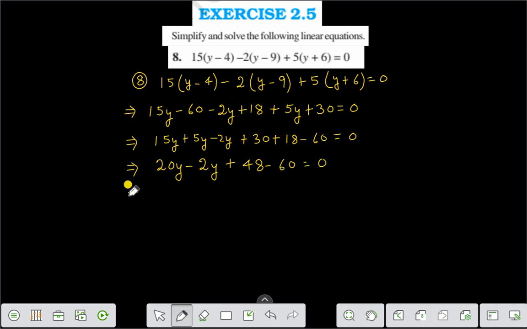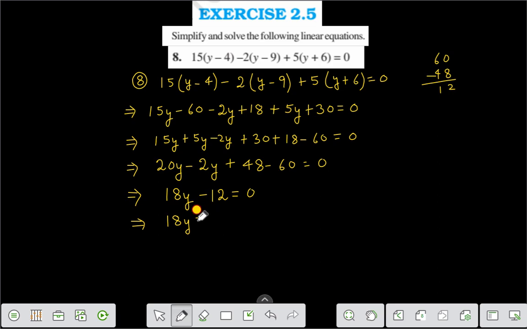And here you see 20y minus 2y is 18y plus 48 minus 60. Subtract 48 from 60: 2 carry 1, 5, 4 and 5 and 6, 1, 12. That is minus 12 is equal to 0. Now in transposing we get 18y